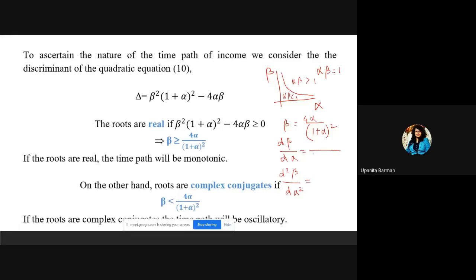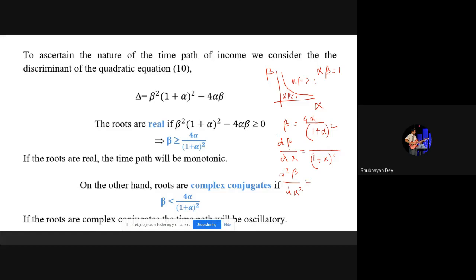Yes, ma'am, by u by v square the denominator. First, tell me the entire thing you got. After that, okay, the numerator is 8 into alpha